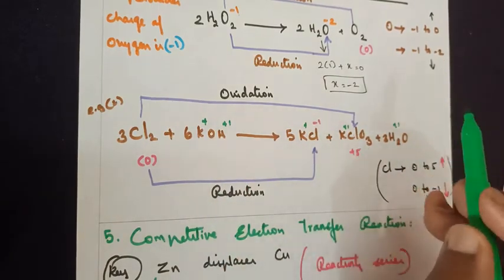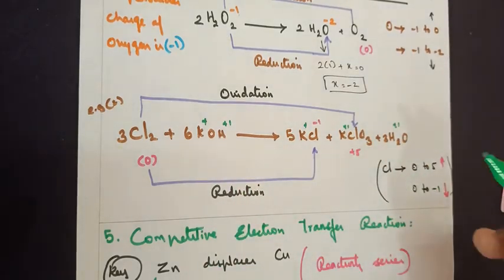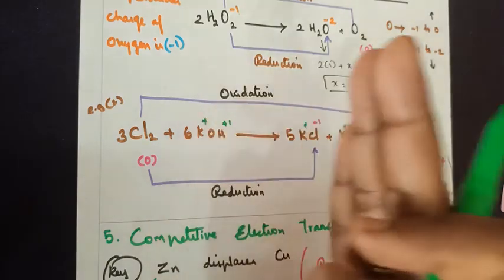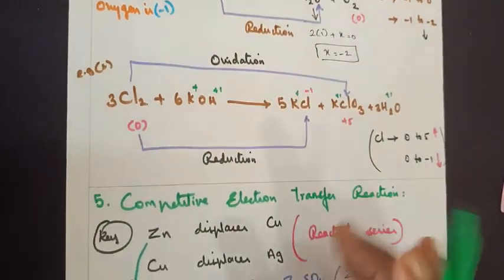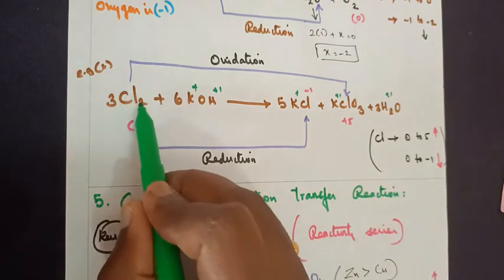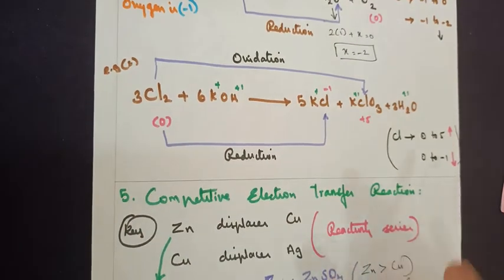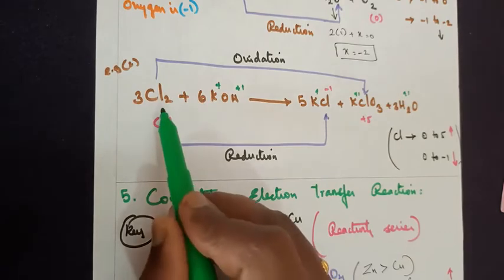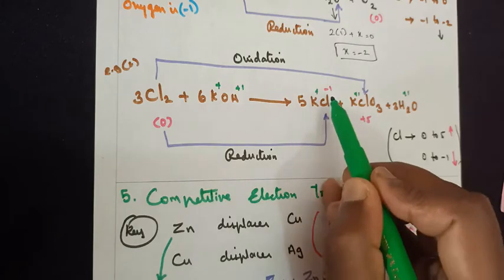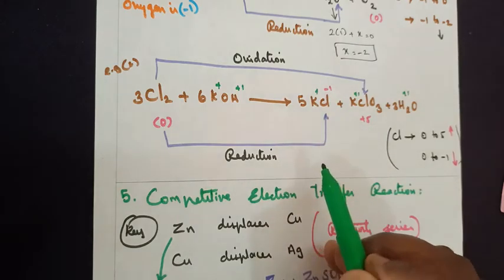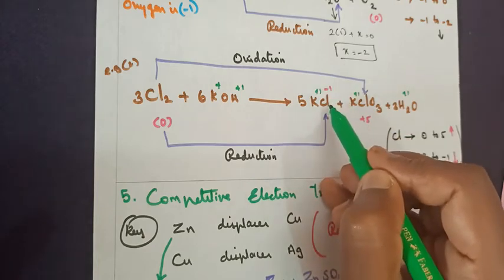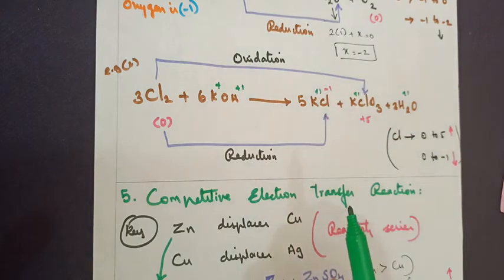If you utilize the algebra method, you will find that the charges of hydrogen and potassium remain the same both on the left hand side and on the right hand side. You will find the difference only in terms of chlorine. Remember, Cl2 is the elemental form, so the oxidation number of the elemental form is always 0. From 0, it has become -1 here. If potassium is +1, chlorine will have -1 because the charge of a halide ion is -1.